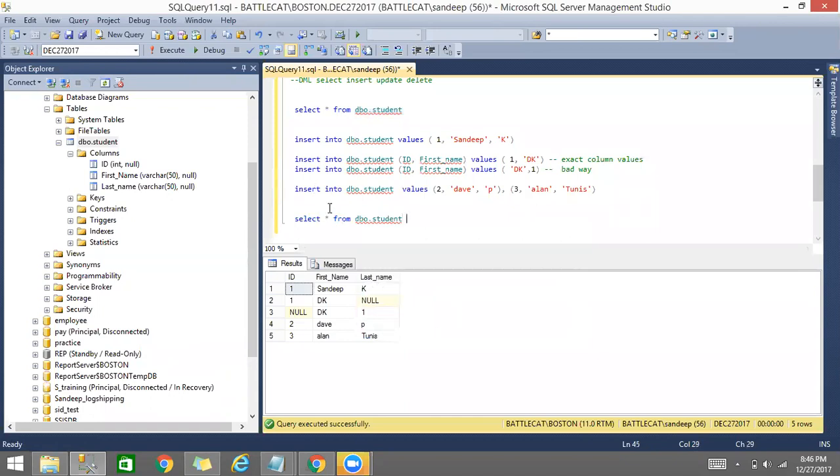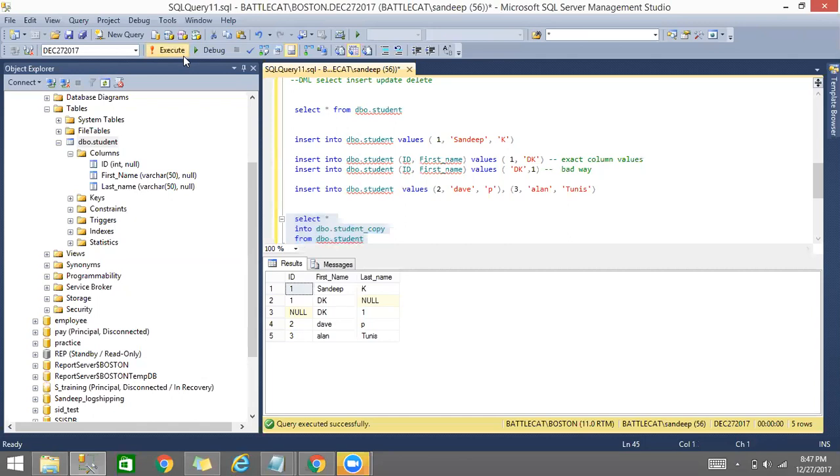Select star, and I would say into dbo dot student underscore copy. If I execute this statement, it's going to create a table student underscore copy with